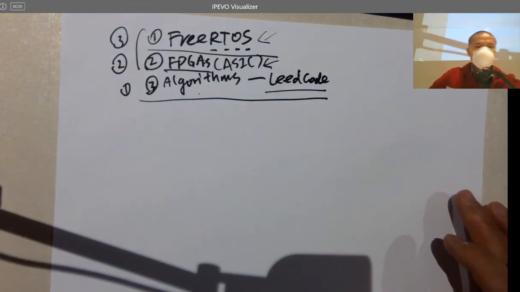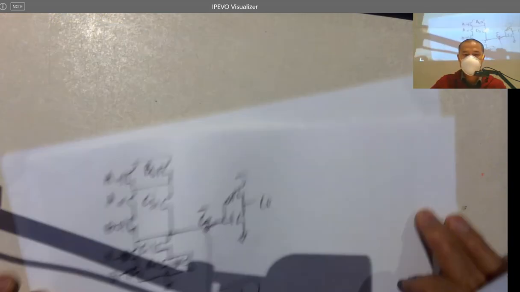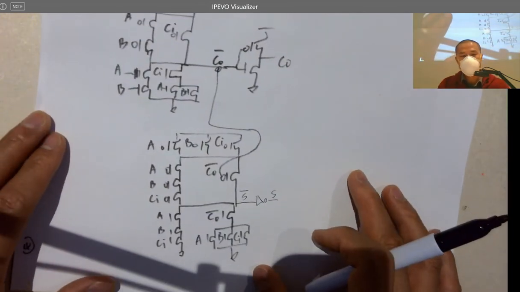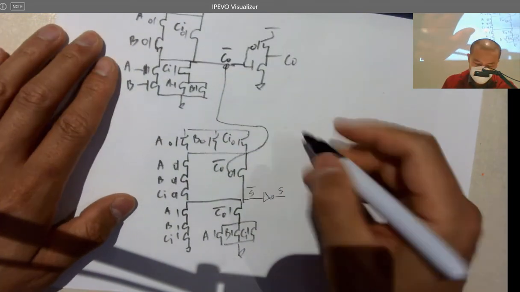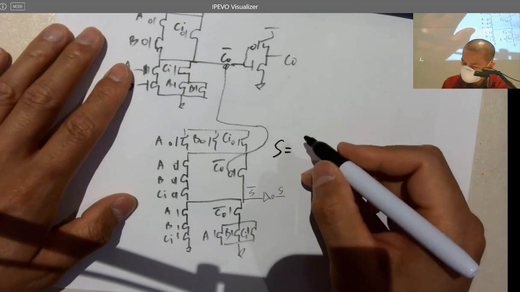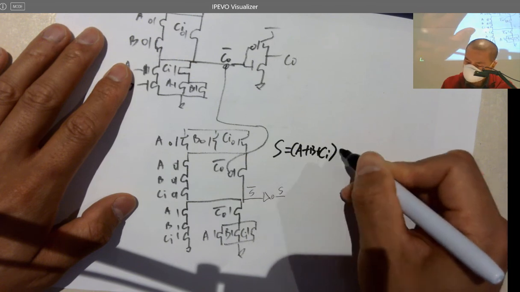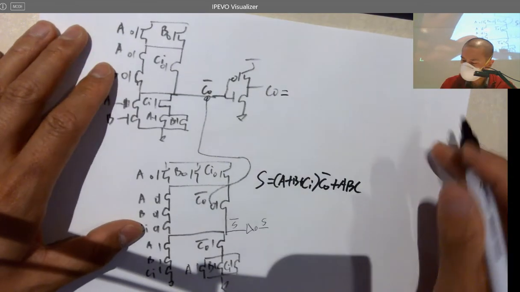So let's look at the full adder. We have a little time left to wrap up everything. If you go back to the notes, I directly printed it out to save your time. That's the high-speed full adder you are going to deal with in the lab. And the logic expression here: S is A or B or CI. So CO is